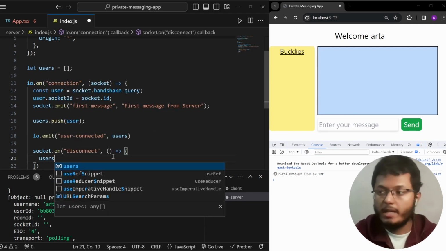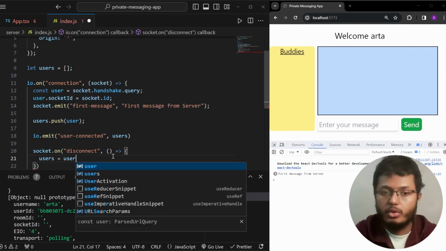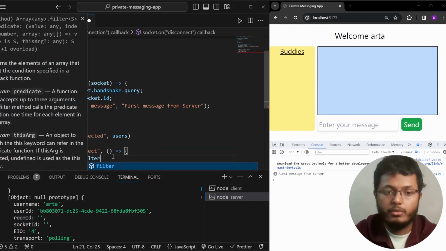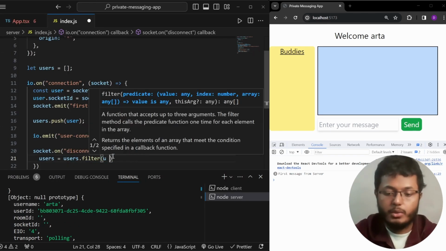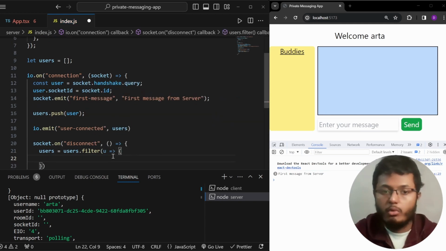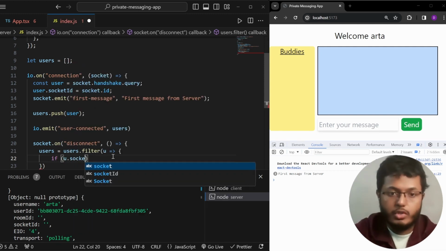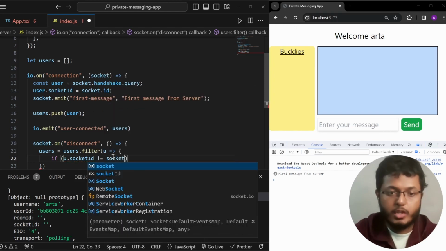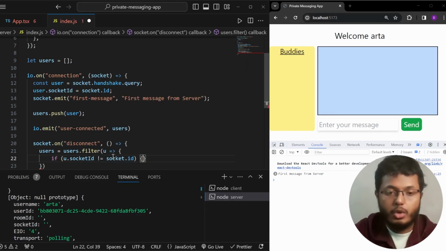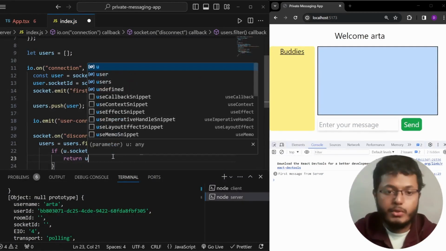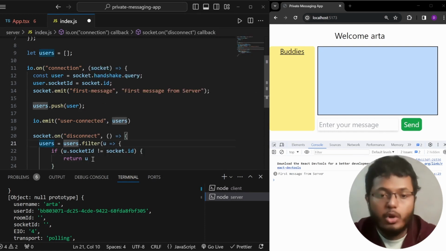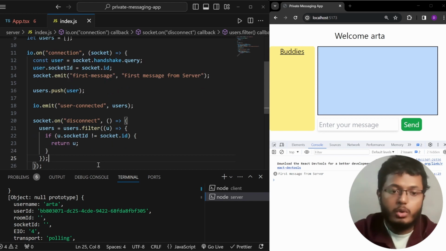So we have access to our users, and here we will do users.filter. We will have access to one u, and in the u we basically want to check what is our socket id, and only when my u.socketId is not equal to my current socket id, that is socket.id, we want to return the u. So another users array will form with basically one less user, and then what we want to do is basically